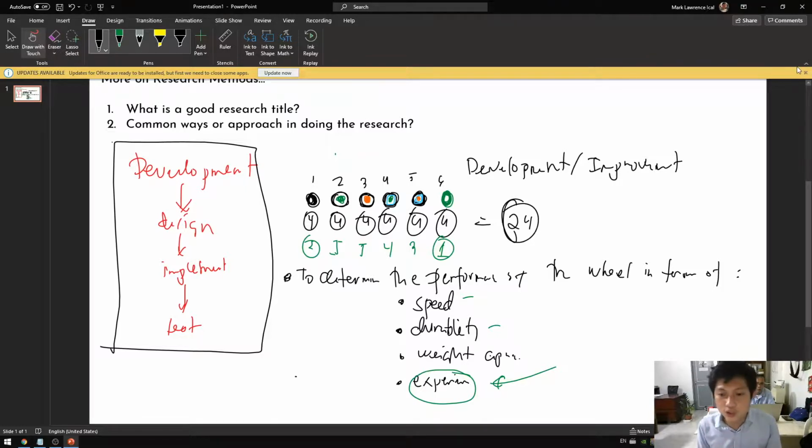Titingnan nyo by inspection. So, kung nasira ba, kung may ilan yung sira, mga ganun. Kung may mga bitak, may mga crack, mga ganun. So, yun, durability. Pero mahirap kasi masukat yung durability. Pero, kasi durability, pwedeng maging subjective yan. So, ganun. So, weight capacity naman is madali lang. Ilang tao yung kayang isakay sa karwahe na hindi siya nasisira or nadi-deform. Yun lang yun. In experience. So,